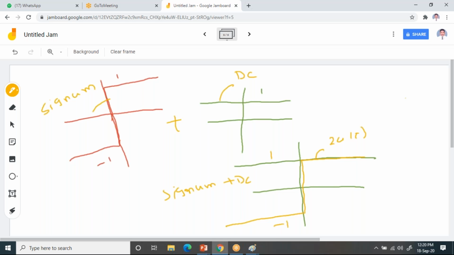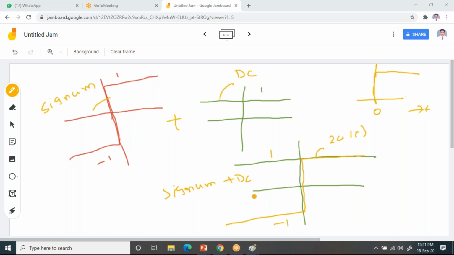Observe. Am I right or not? See here, how do we define the unit step function? I'm going to draw one more graph for the unit step function. This is my unit step function, 0 to infinity. Right? Do you see any unit step function here? The moment when you add it, there is one unit step function in green and one in yellow. So how many unit step functions do you have when you add it? This and this gets cancelled, and you will get 2 times u of t. Is it clear to all of you? Let me write 2. So you'll get 2 unit step functions.